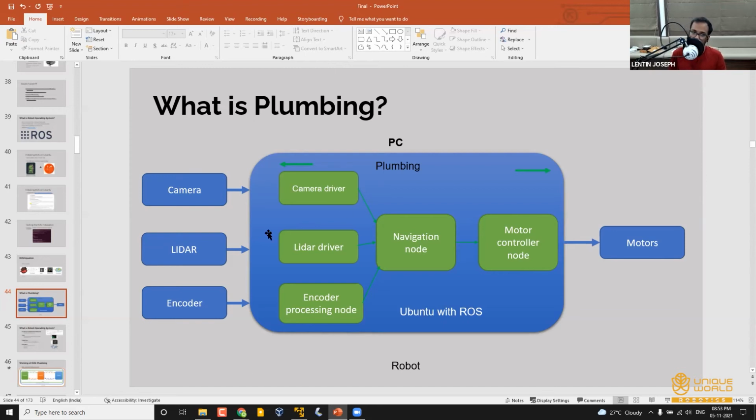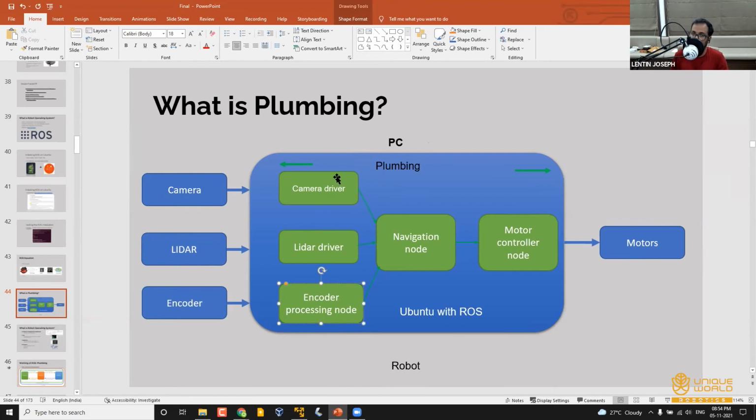For example, here you can see this is the robot computer, and inside the robot computer these green things are programs. The camera data is read by the camera driver, lidar data is read by the lidar driver, and the encoder is read by the encoder processing node.